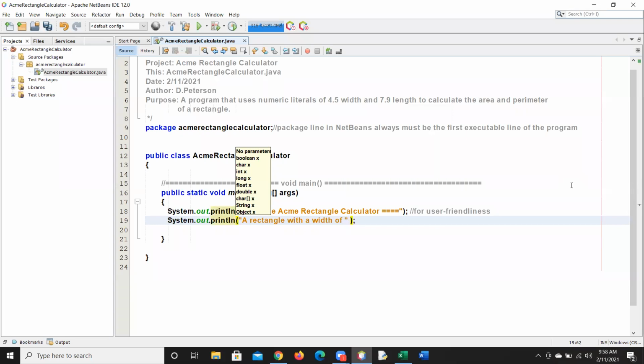Then I'm going to say space plus, and since we're using literals, I'm just going to type 4.5. Normally that'd be a variable, but we're not there yet. And then another quotes, a space. So there's a space after with the width of units and a